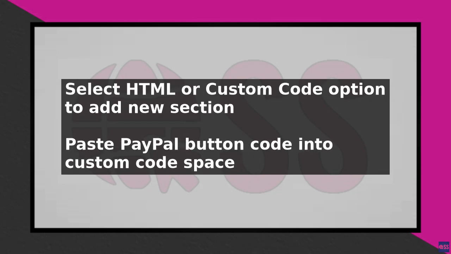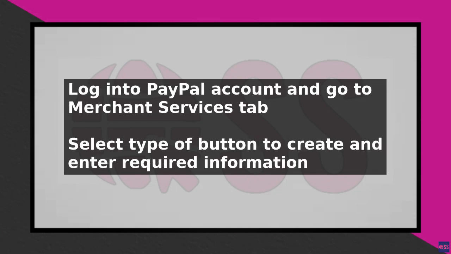You will be given a space to paste your custom code, which in this case will be the PayPal button code. To get the PayPal button code, log into your PayPal account and go to the Merchant Services tab. Click on the PayPal buttons option and select the type of button you want to create, such as a Buy Now or Donate button. Enter the required information, such as the item name and price, and click on the Create Button option. PayPal will generate a code for your button, which you can copy and paste into the HTML section